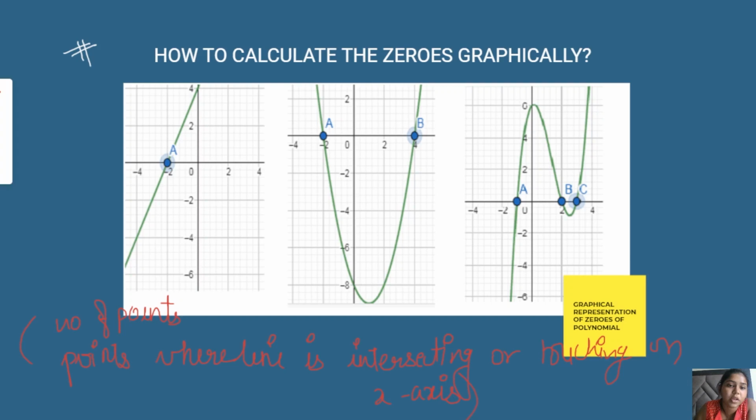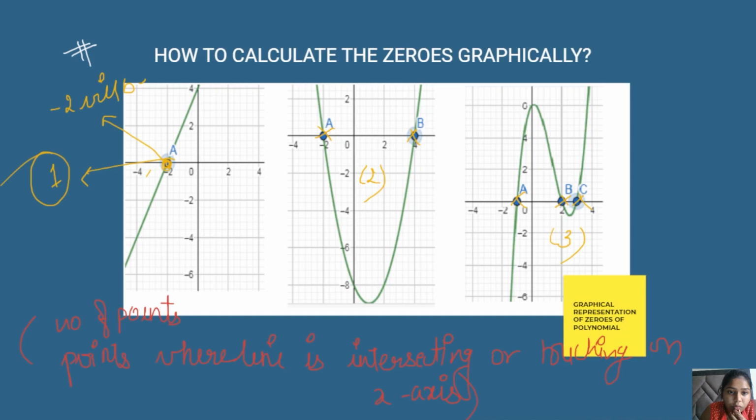Like this is the point where it is touching the x-axis, only this one point, so it has only one zero. This line has only one zero. This is touching at this point and also at this point, so this has two zeros. This is touching at all 3 points, so this has 3 zeros, right? And the values of x at which these points touch the x-axis are themselves the zeros of the given equation. For example, in this particular case, -2 will be the zero of the given line.